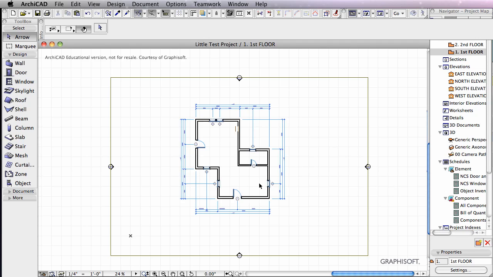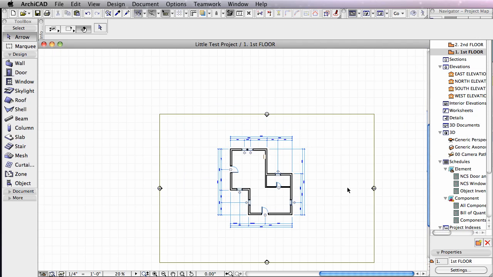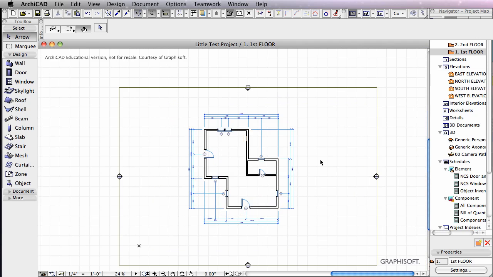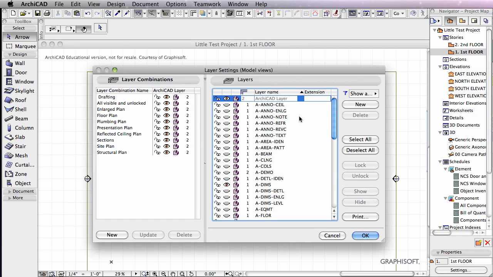What we'd like to talk about is creating a floor plan view. And we're over here in the project map on the first floor. So one of the things we'd like to do with creating a view is first establish our layers before we create the view. Now if we go into our layer combinations, or our layers here, so the layers over here